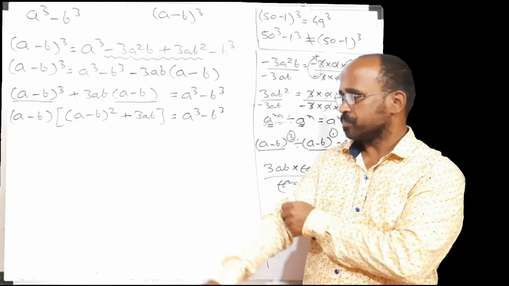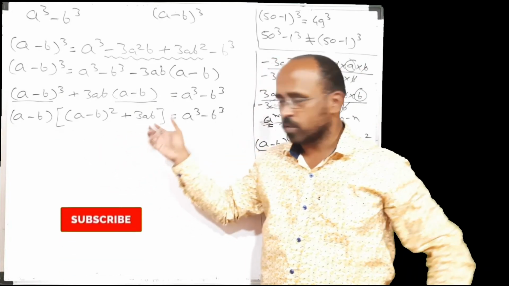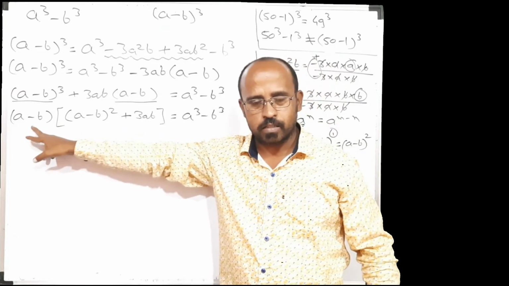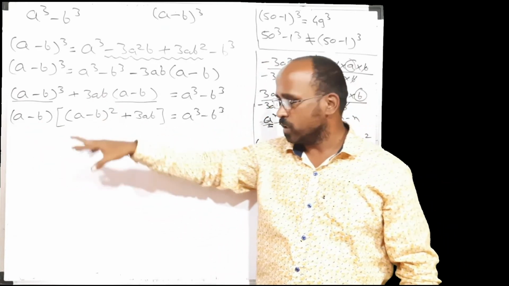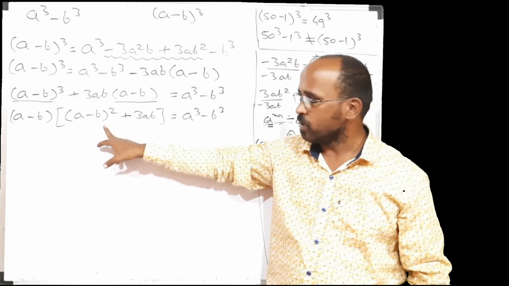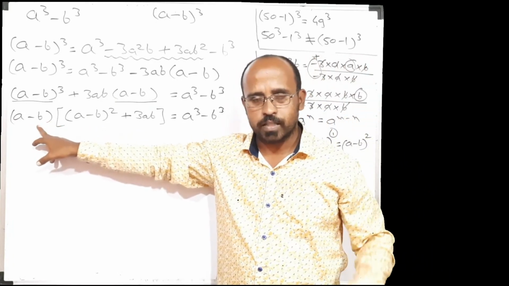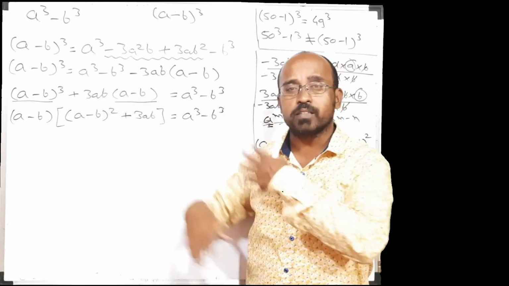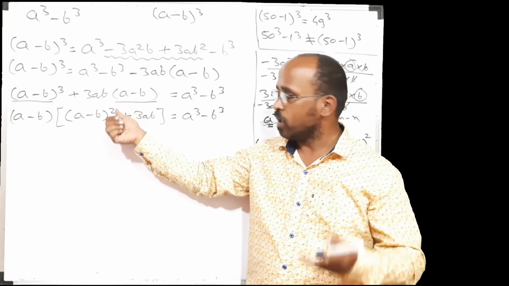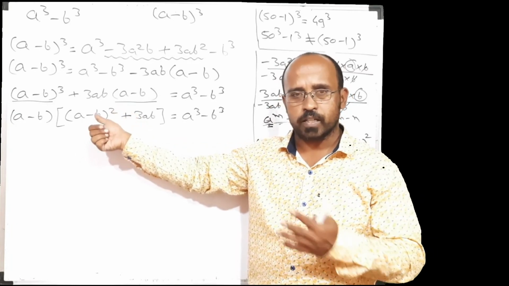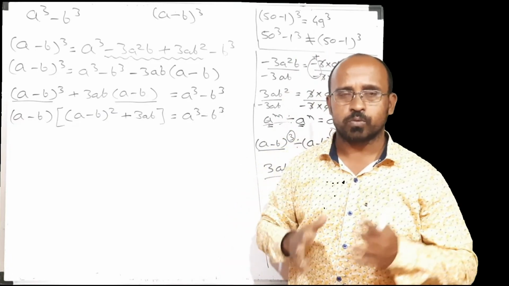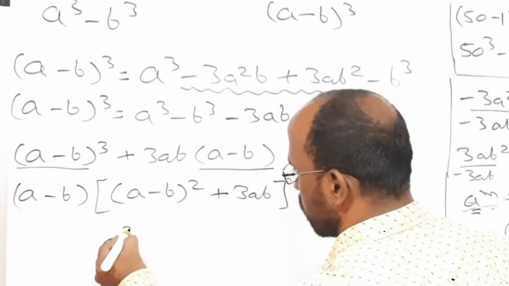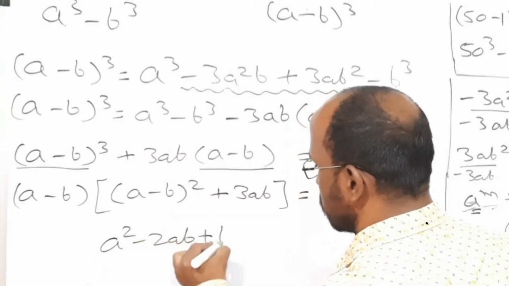Now again students, is it possible to take anything common out of the bracket from first and second? No, we have already taken it. Now is it possible to apply BODMAS? Yes, because this bracket is unsolved. This bracket is solved, a minus b, their addition subtraction is not possible, multiplication division is not given. (a minus b) square is given, so that square we have to solve. Let's solve it. What is the formula for (a minus b) square? I hope your answer is a square minus 2ab plus b square. So let's write it. Formula for (a minus b) square is a square minus 2ab plus b square.